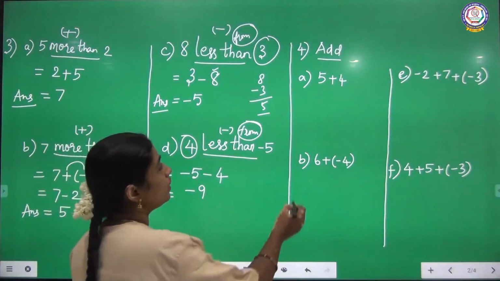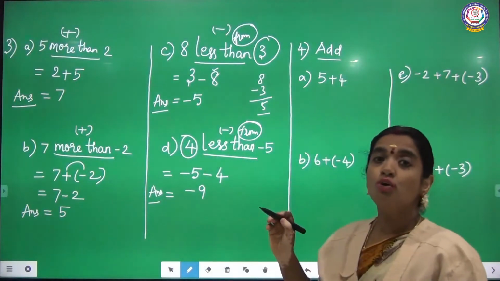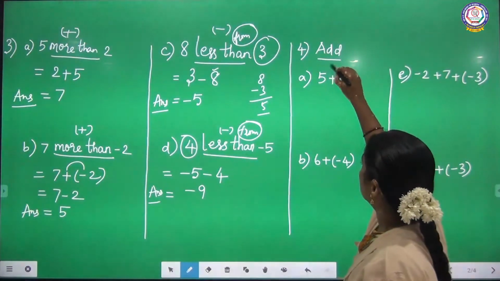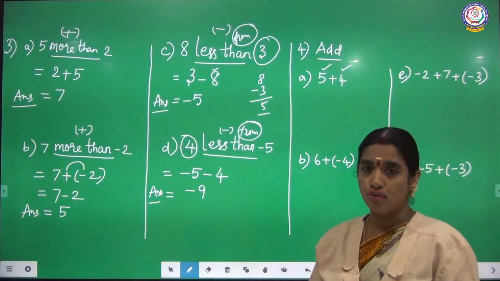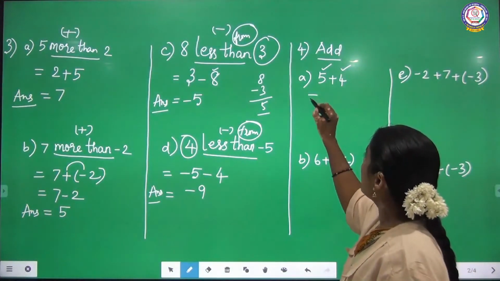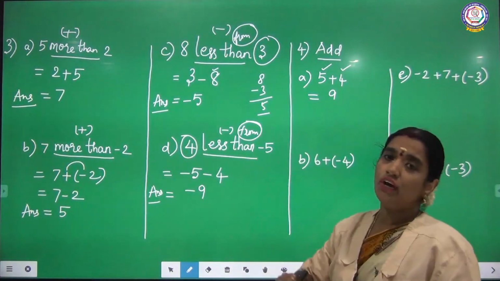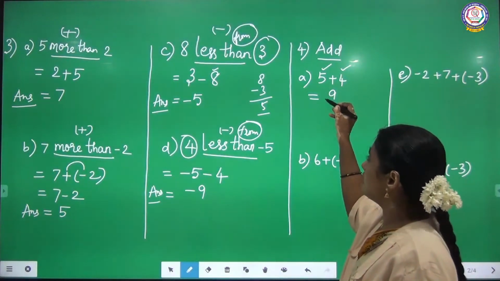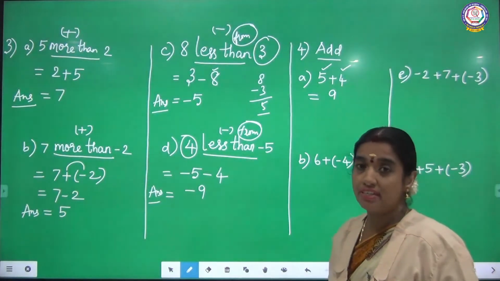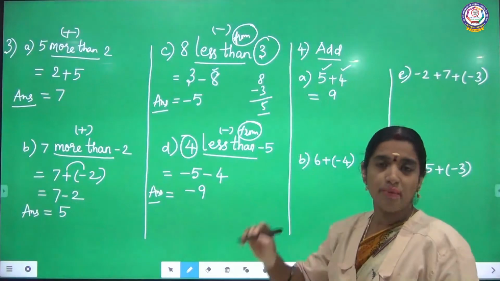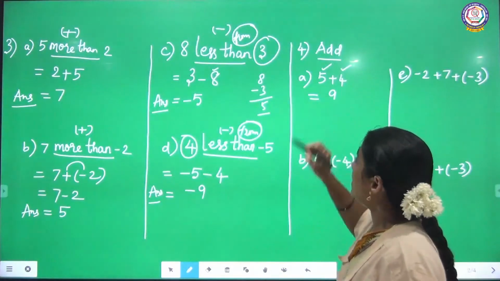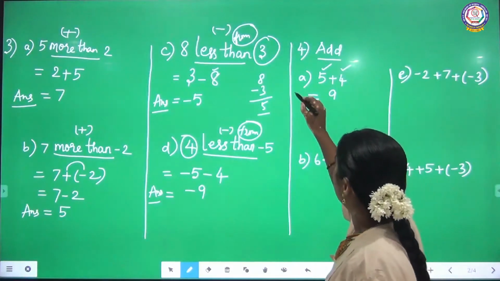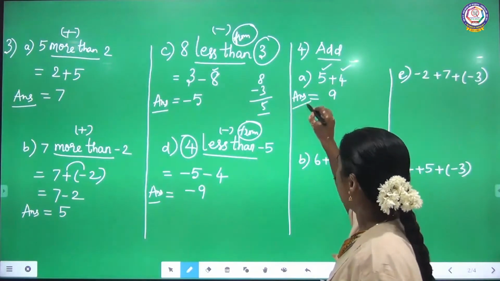See, now I am going to add the two integers 5 and 4. Both signs are the same, so I am going to add and put the plus symbol, but no need to put the plus symbol. If it is minus, we have to mention that minus. Plus means no need to mention. Just write the answer as it is.